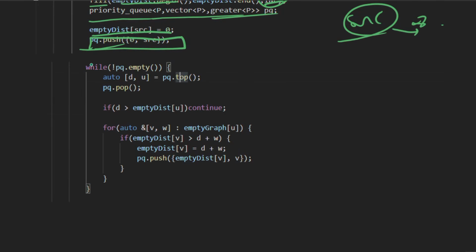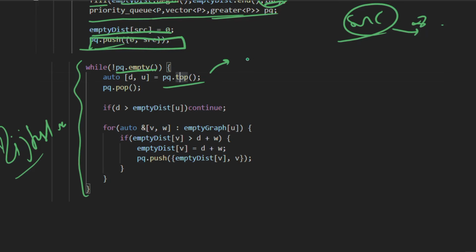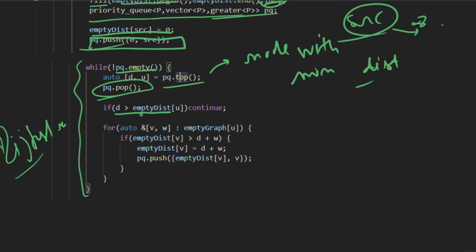Then this part is the Dijkstra part. In Dijkstra, until our queue becomes empty, we take the top node, that is the node with minimum distance, right? We take the top node and then remove that node from the queue, and if d is greater than the empty distance of u, then we skip it.